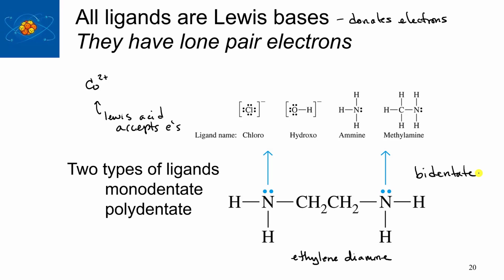Now, the term dentate, just so you know, comes from teeth, like your dentures. So when you're first born, you don't have teeth, so you're not dentate. But then all of a sudden you grow one tooth, and so you're a monodentate ligand. And then eventually you get more teeth, top and bottom, and you become bidentate. And then right now, hopefully, you're probably polydentate, so you've got a lot of teeth in your mouth. And then when you get older, it goes backwards. Anyways,